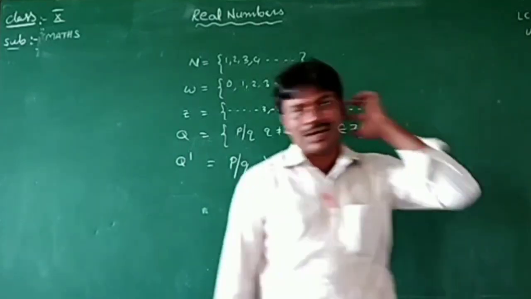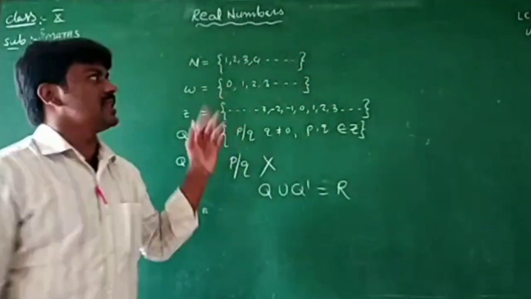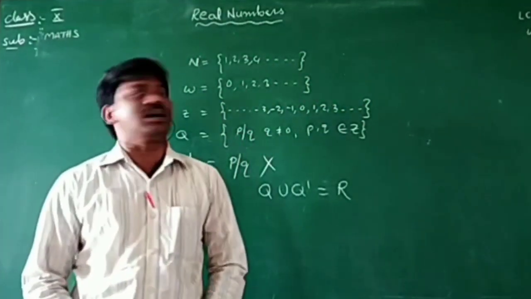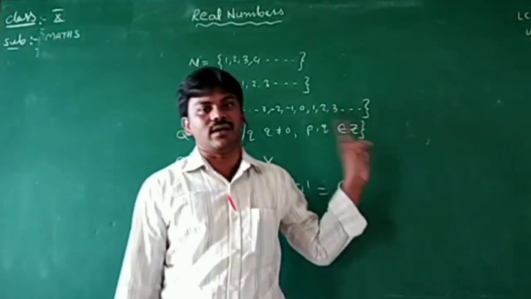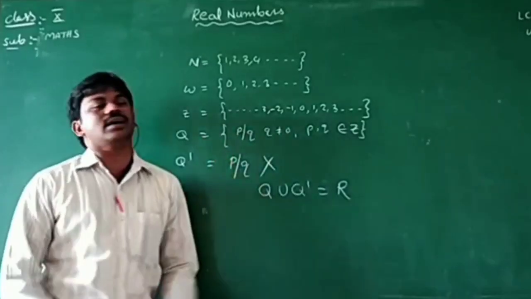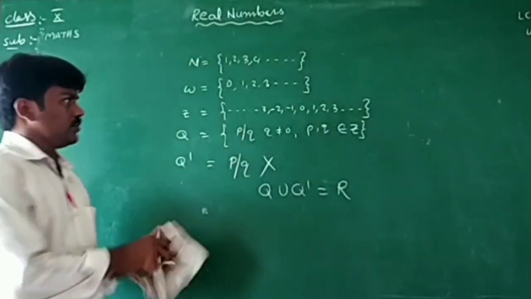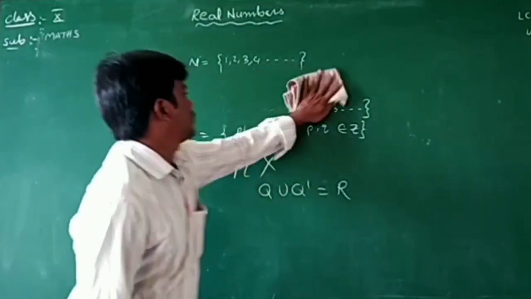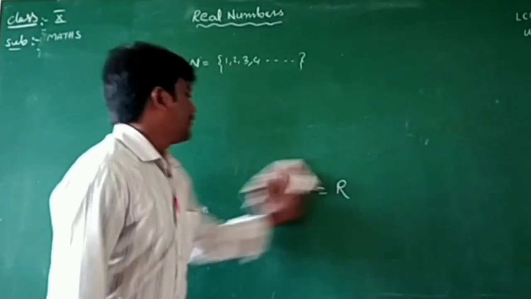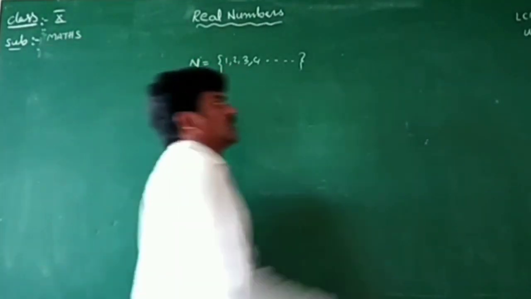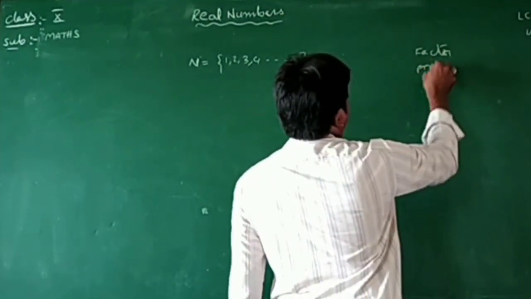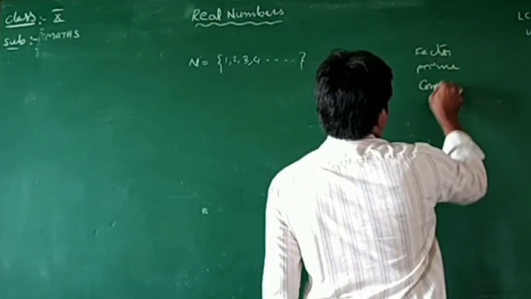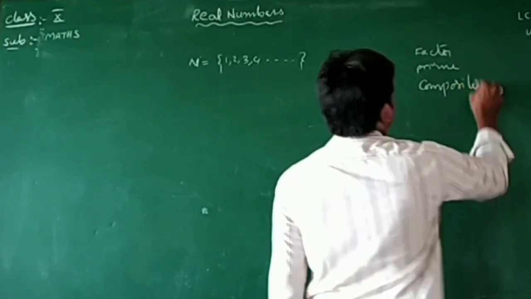Today we learn the LCM and HCF of two numbers using prime factorization. LCM and HCF of any two numbers by using prime factorization. So before going to the topic, first we have to learn what factors are and what prime numbers are: factor, prime, composite. Then we will continue the class.